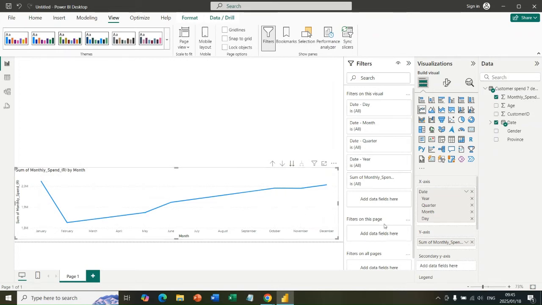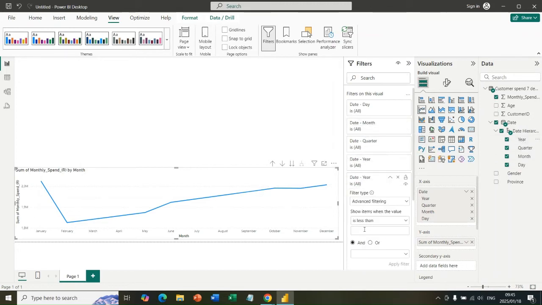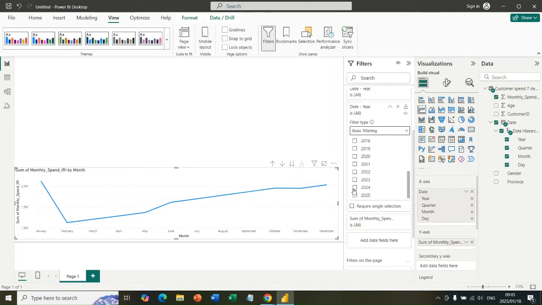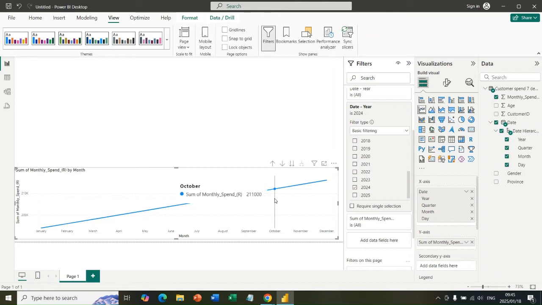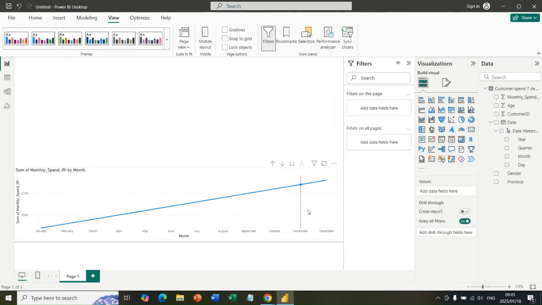But that would be great if maybe you would filter and say, I only want to see a certain year. So let's use the filter function and say we want to see a certain year. We can drag the year and put it under our filter. And then on the filter, we want to choose basic filtering. For the basic filtering, you can actually select the year. Let's say we want to only look at the year 2024. So all our data now will be based on 2024. I guess let's leave it that way. We have the monthly. We've been asked by the business, as the analyst that you are, or as part of a project, to see for the year 2024, how did we actually